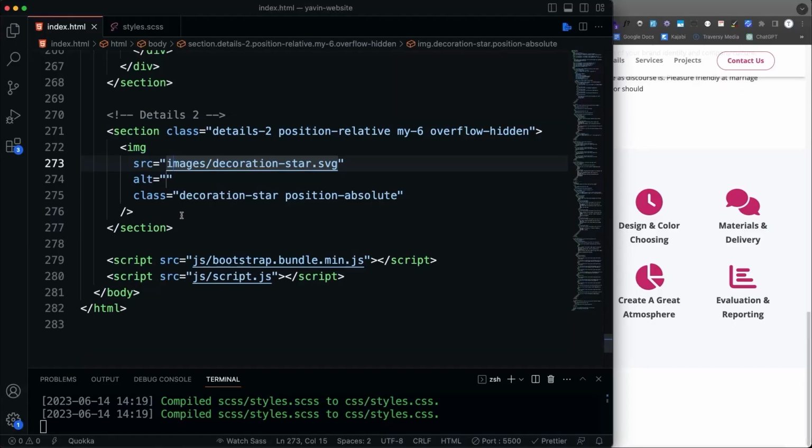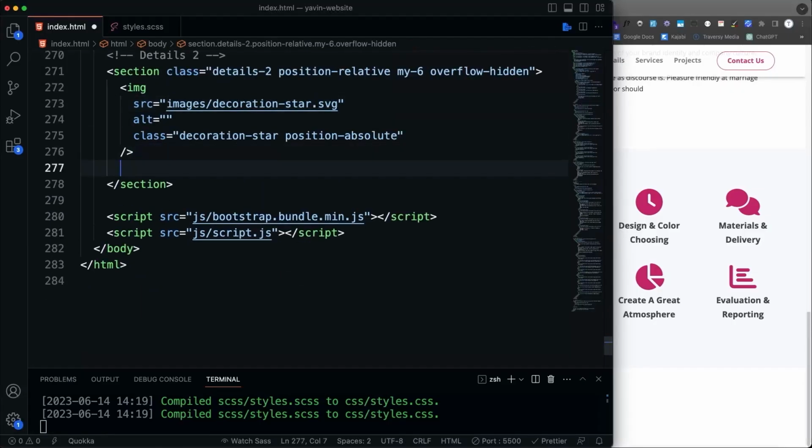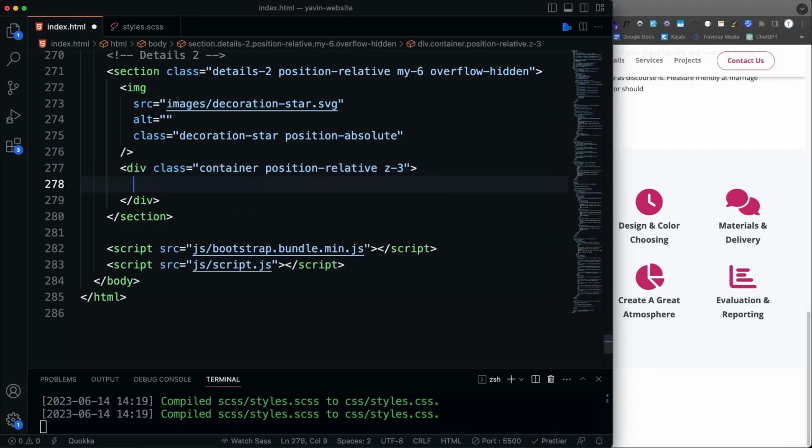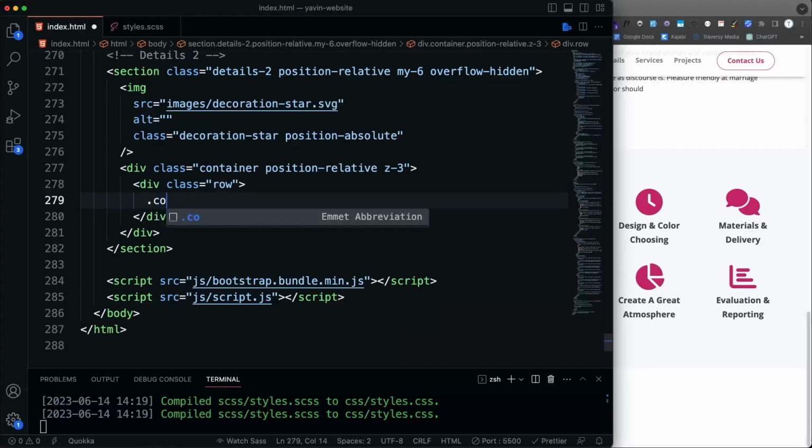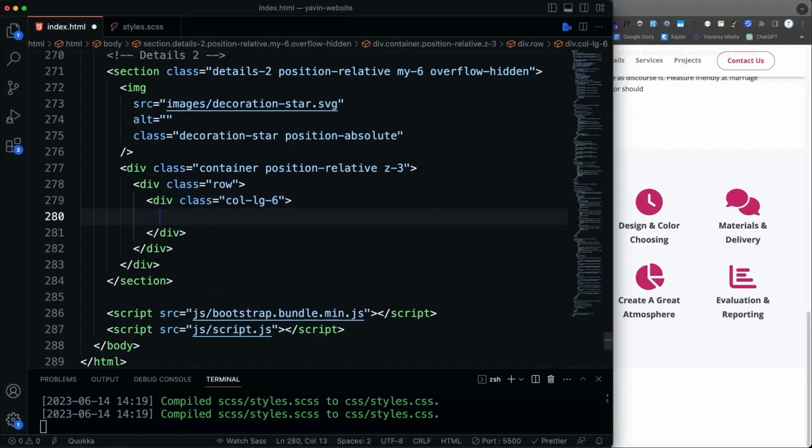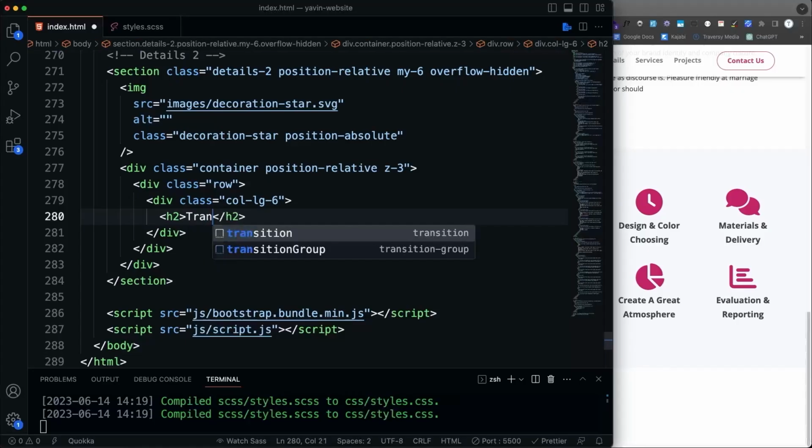Underneath that is where we're going to add our container. So let's say container, and let's also make that position relative because I want to put a z-index on it. So we're going to say z-3 for that. And in the container, let's do a row. And in the row, let's do our col-lg-6. And inside that, we'll have an H2. That H2 is going to say, transform your